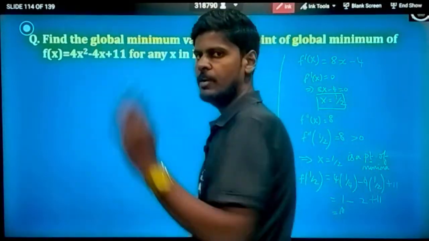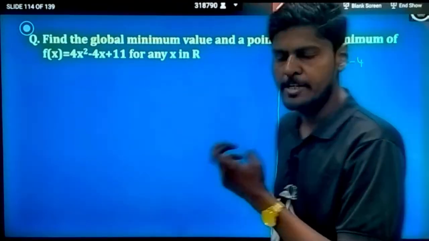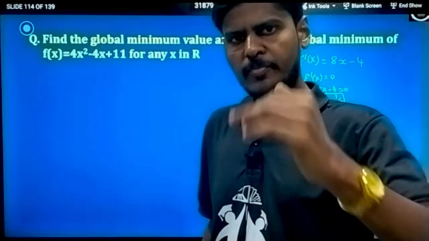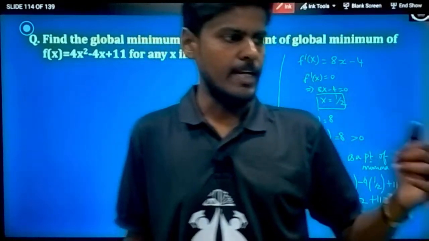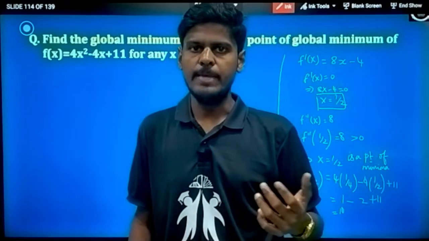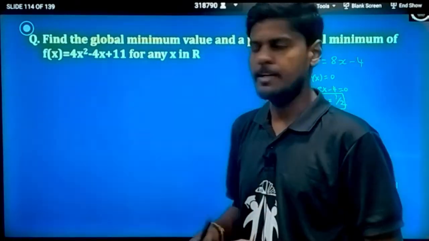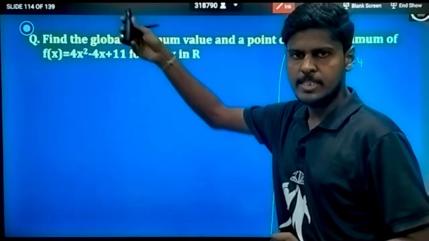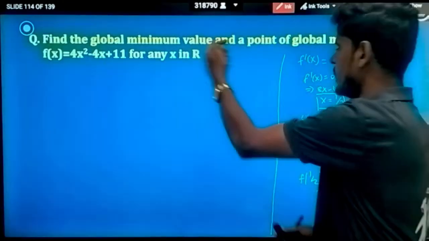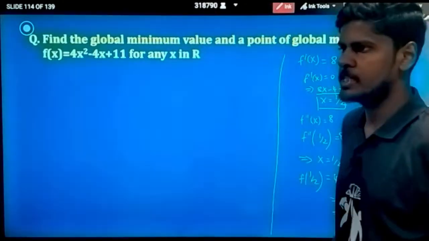So this term will always tend to infinity, which is undefined. That means when the function goes to undefined numbers, we don't have a maxima or minima number. So this value is actually undefined, but minimum value exists for this question. So only this question, even though it is given as